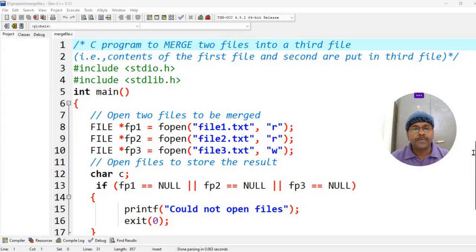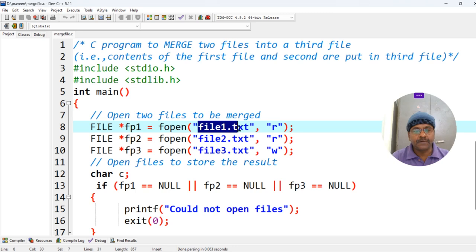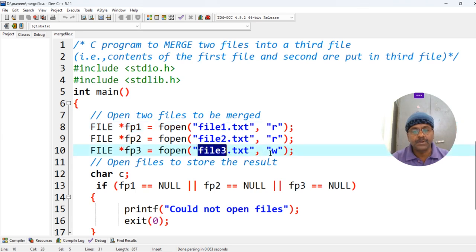Today our program is to merge two files into a third file. Here you see the first file is file1.txt. We have to read from that file, then write into file 3. For example, if I write "good" in this, we will write that in file 3 with the mode of